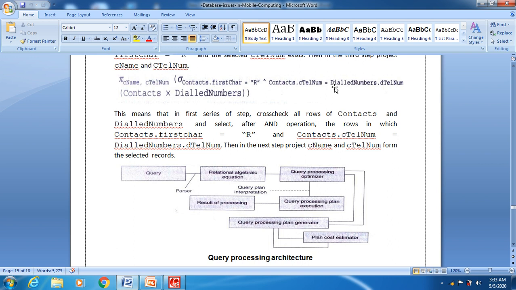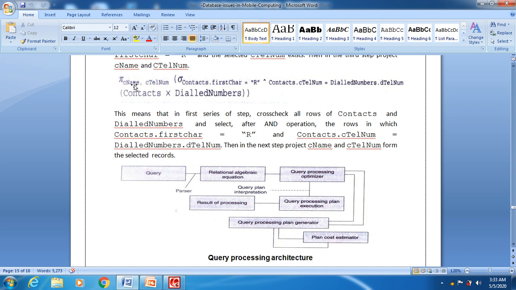This is my query. After taking the query, by using the parser technique, we write it as a relational algebraic equation.